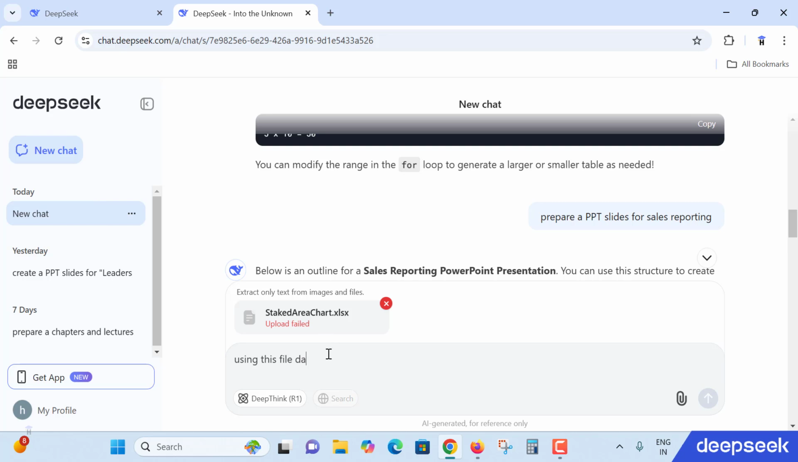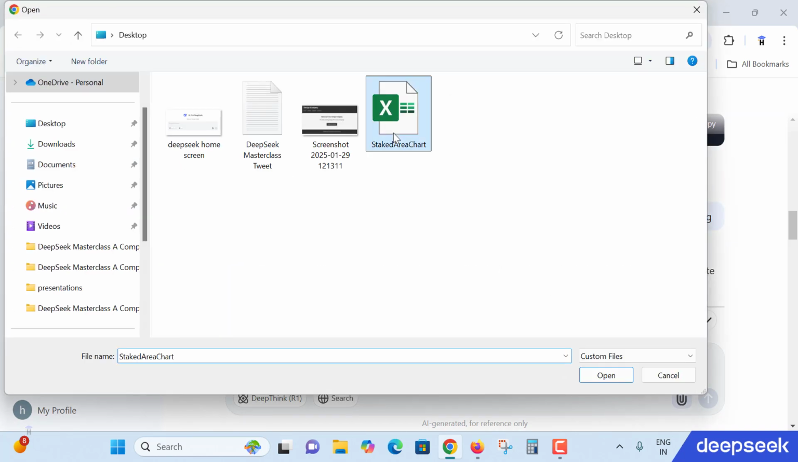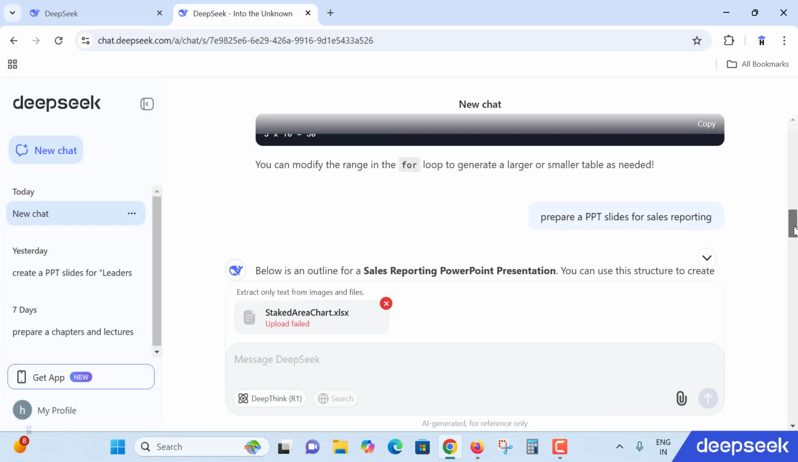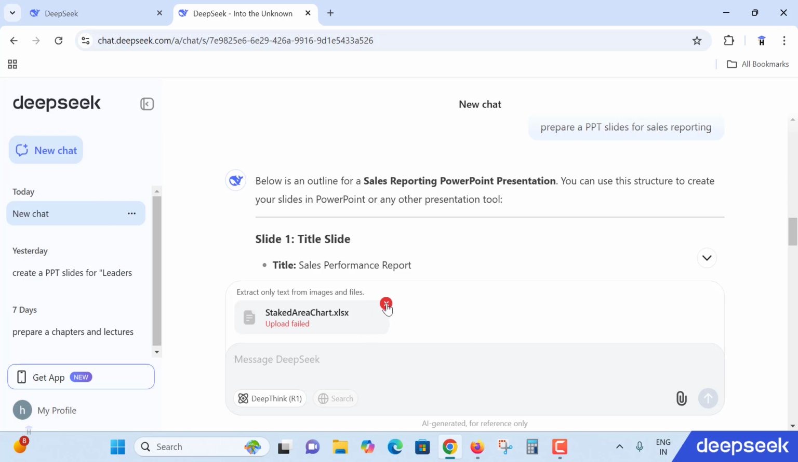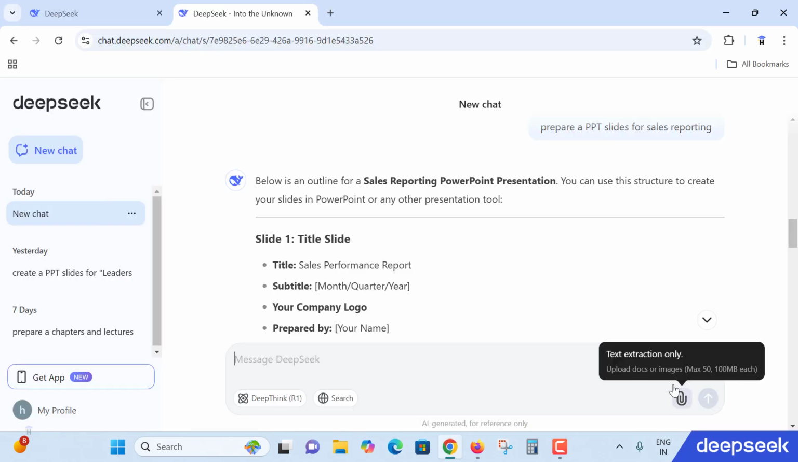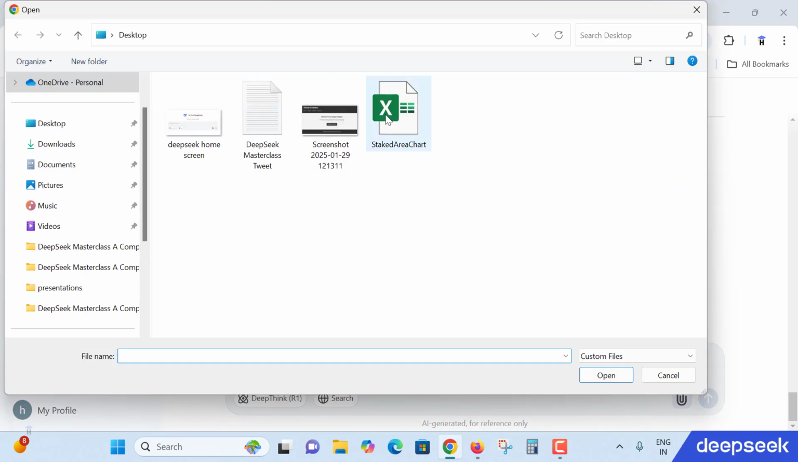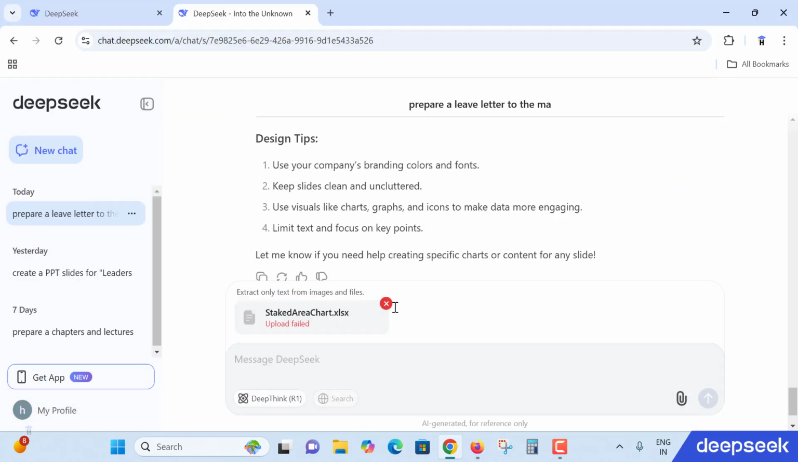Upload failed. Just a second. So remove it. Yeah. One more time I'm trying to upload. No, it's not accepting. It extracts only from the images and files it's given. Then why is it not accepting? The file is not open. Yeah, one more time I'll try. Refresh. Sometimes what happens is DeepSeek is just too busy nowadays. Yeah, it's not accepted. So you try uploading a file and ask a prompt to prepare sales report analytics